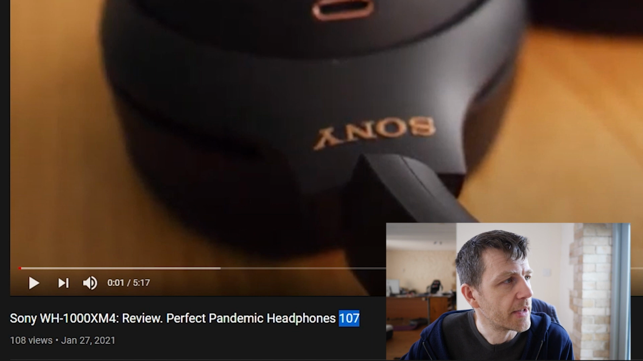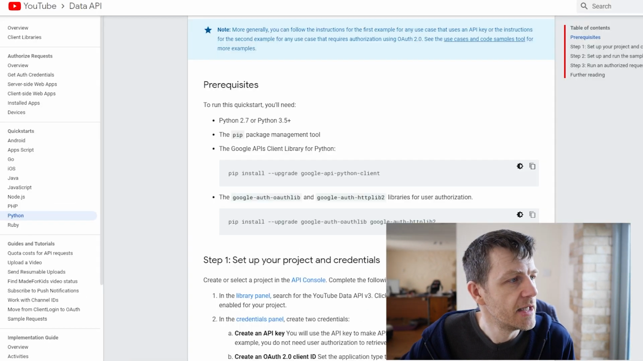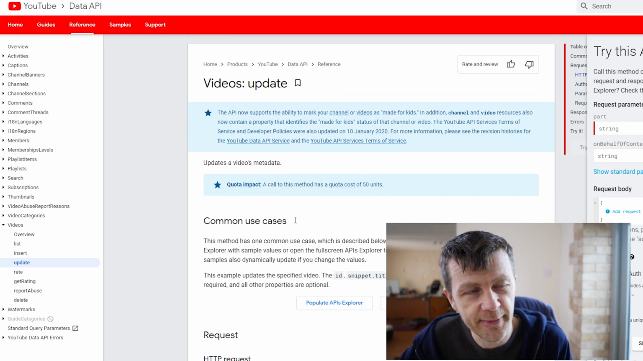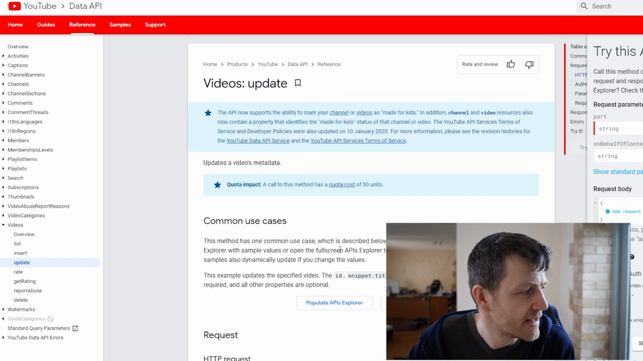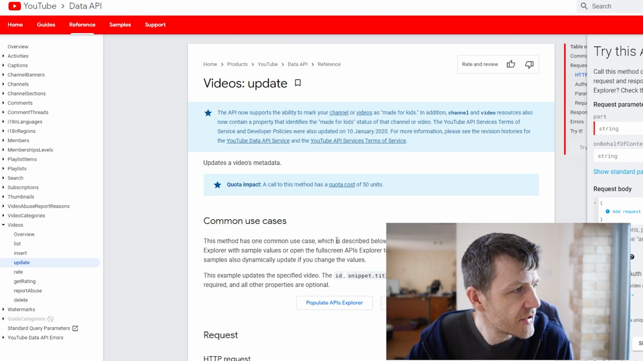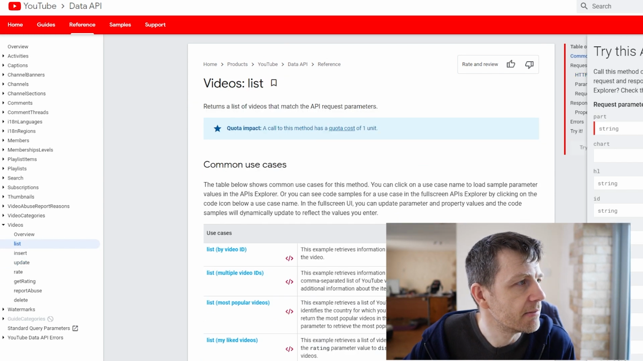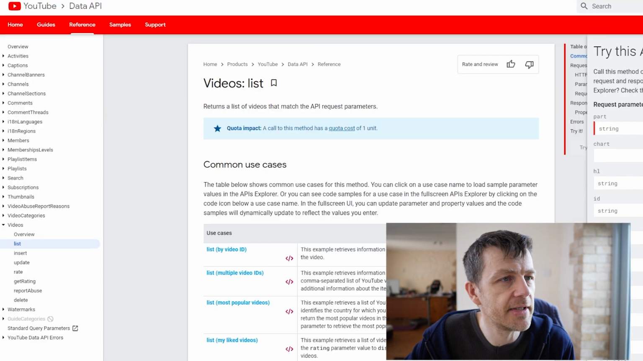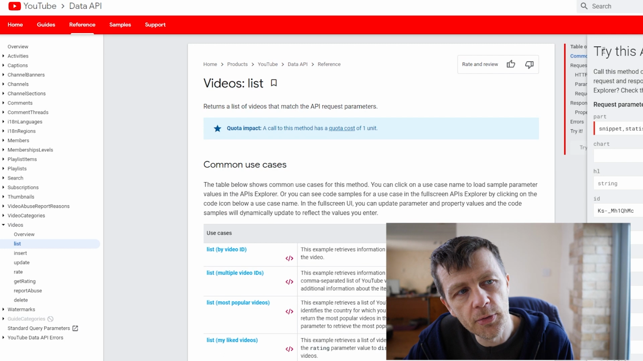So now what we're going to do, now we've been on this page and you've installed the Python packages that you need, is go to this page. Now, you could have found this yourself, but this documentation isn't great, and it takes some finding sometimes. So what we're going to do is go to videos list. And you can see here that on the right hand side you have the try this API